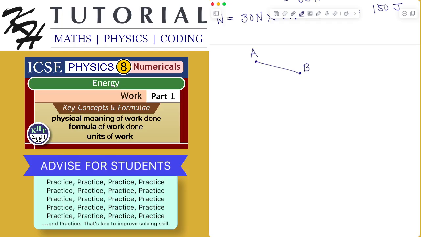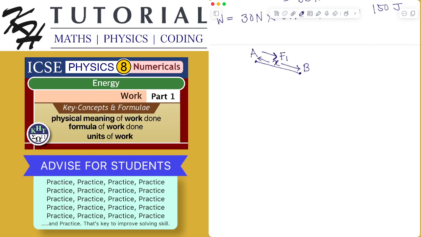So let's say this was the force F1, and let's say this distance is x. So the body, by applying the force F1, was displaced from A to B in the direction of